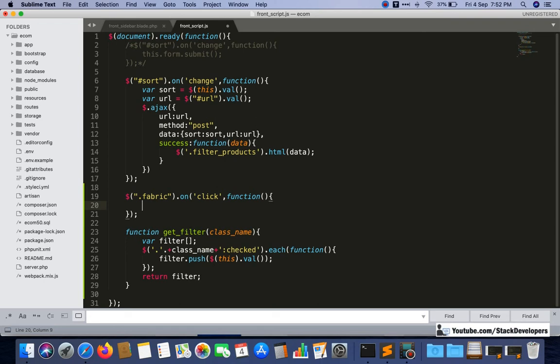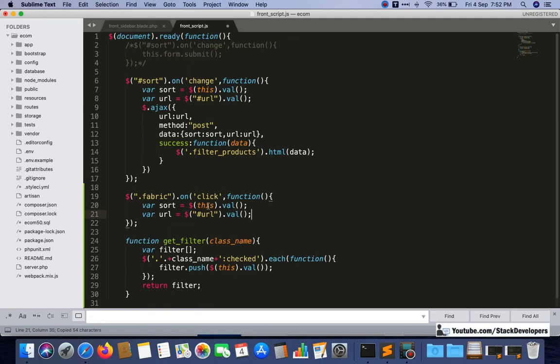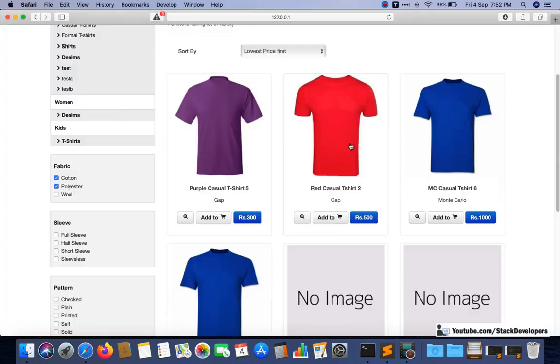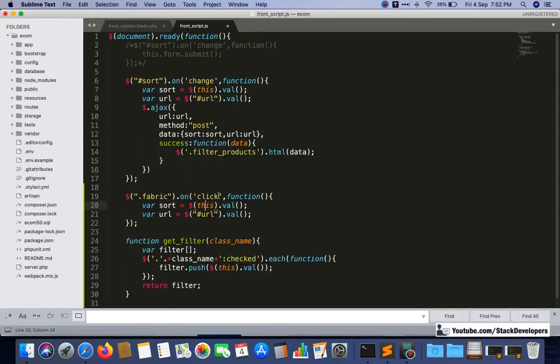Inside, first of all see, URL and sort, these two things we require. We can copy both here because both are required. Instead of sort, it will not come like this. We need to pick the value of this sort, and this sort is the select option. We need to add the value from the select option.